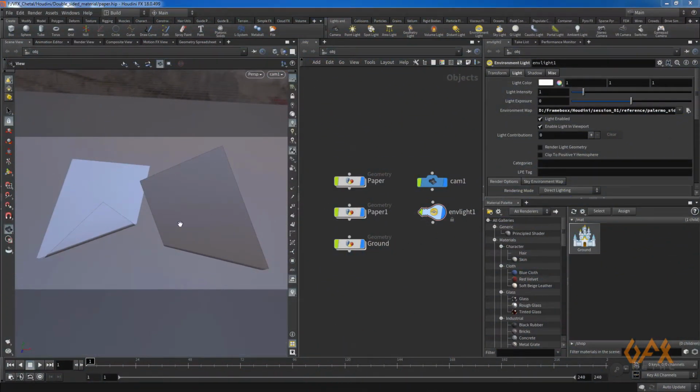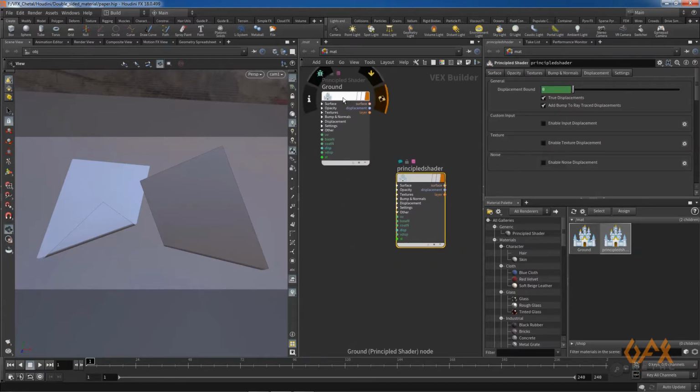So first of all, I am going to show you how to apply a two-sided texture in a single shader, and for that here I set up one scene. So I have this paper, I just duplicate that. So now let's move into this material palette, and here I create one new shader,